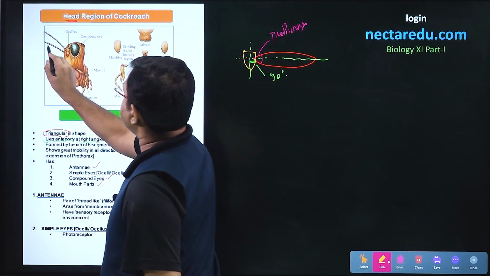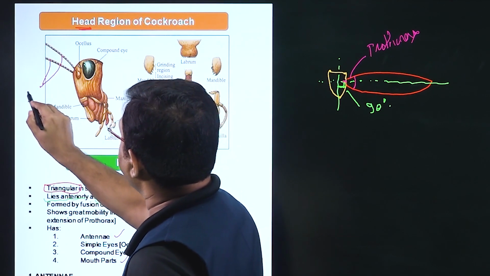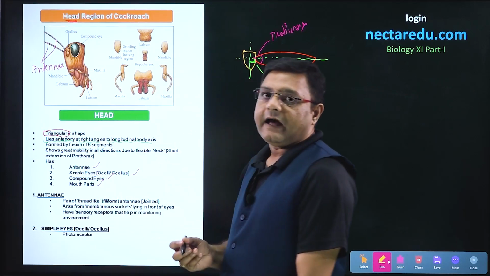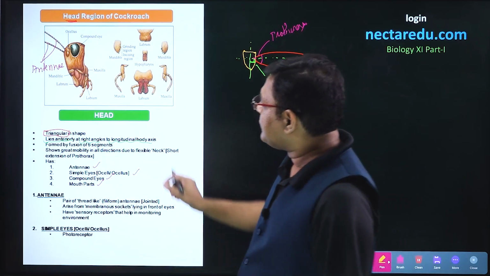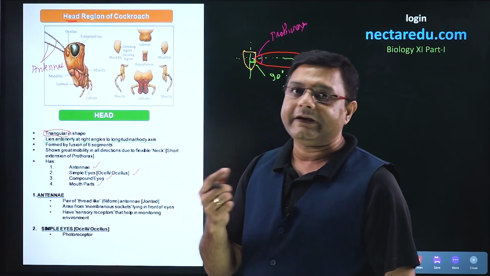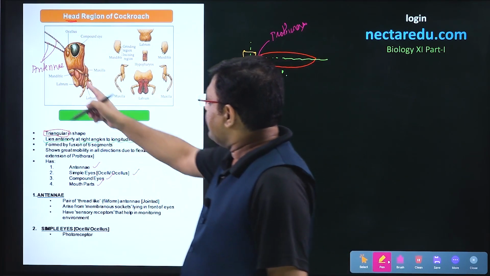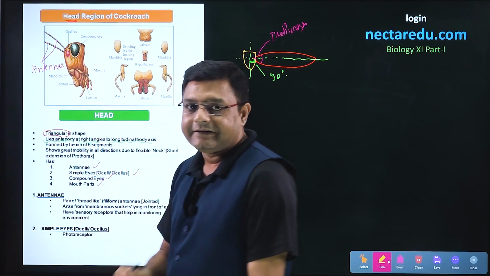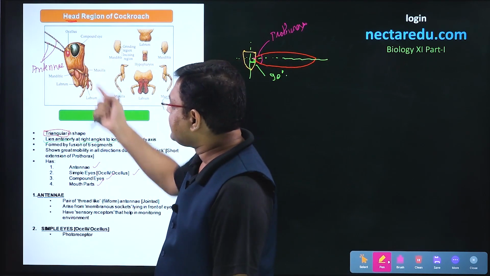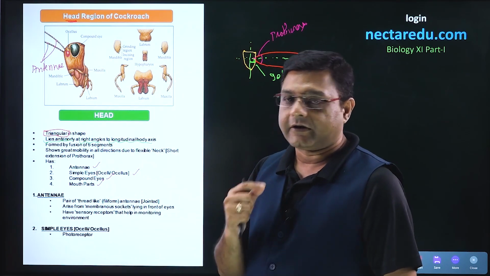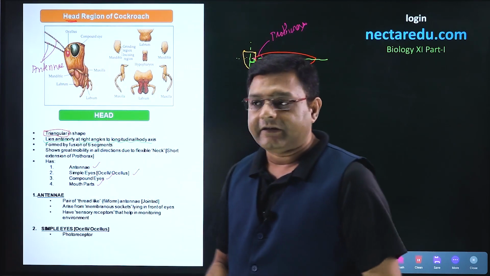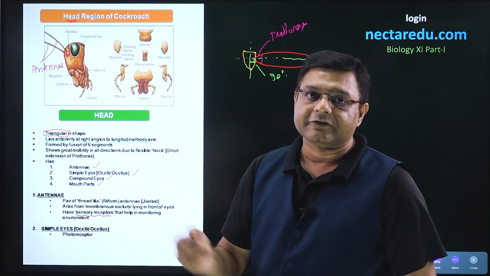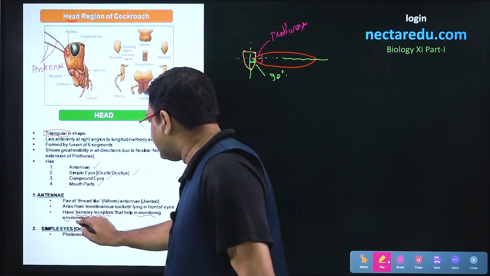So these structures, two or pair present here, these are the antennae of cockroach. Now, these are thread-like structures. These are formed of very small joints. So, we can say that these are jointed structures. These arise from membranous sockets. So, just in front of the eyes, there are membranous sockets and each antennae will arise from one membranous socket. Now, coming to the functions of these, antennae have sensory receptors and they can sense or monitor the environment with the help of these antennae.